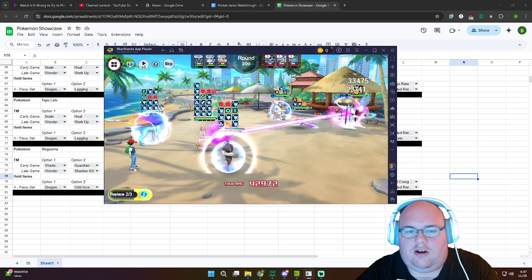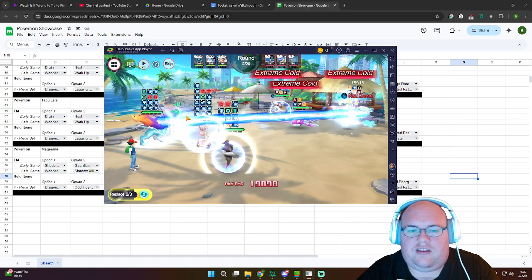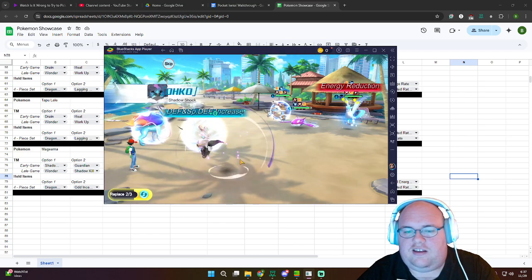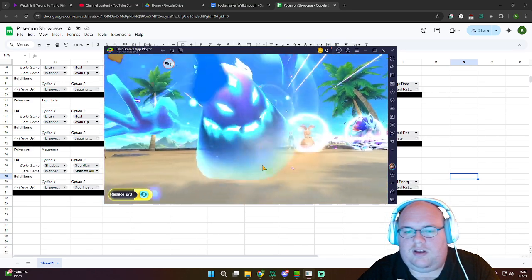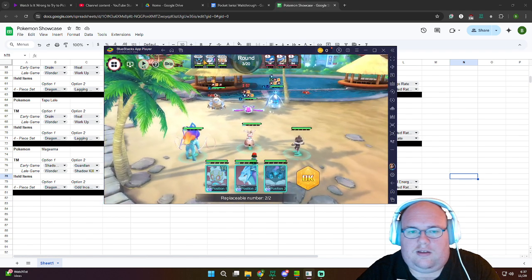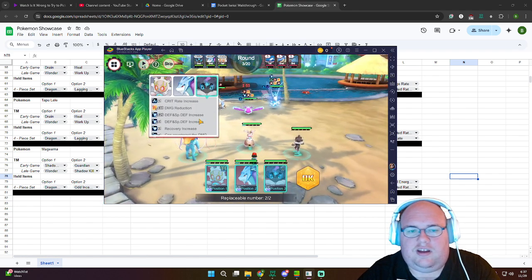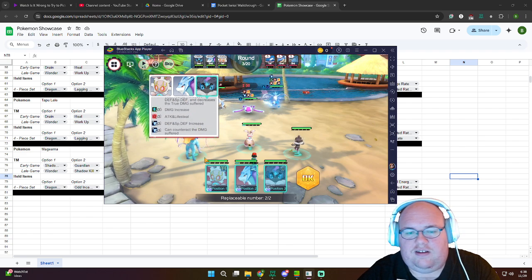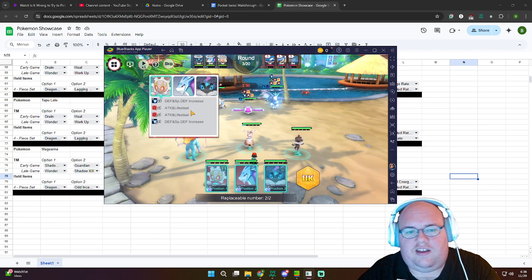You can notice here all of these defense increases stacking up. Right now, because she just got attacked, it is triggering all of the abilities of her allies. So let's go ahead and look here. You'll see Mega Marshadow currently has crit rate increase, that's from itself, but damage reduction, defense increase, recovery increase, damage increase, attack and lifesteal, that's mainly from Suicune. But all of those buffs, and then as well for Magearna,